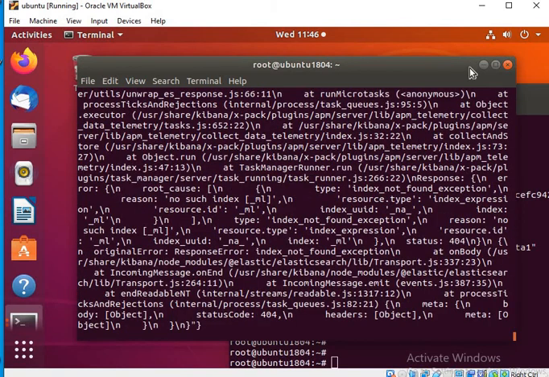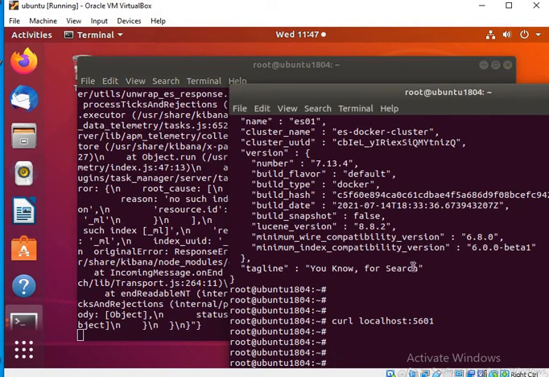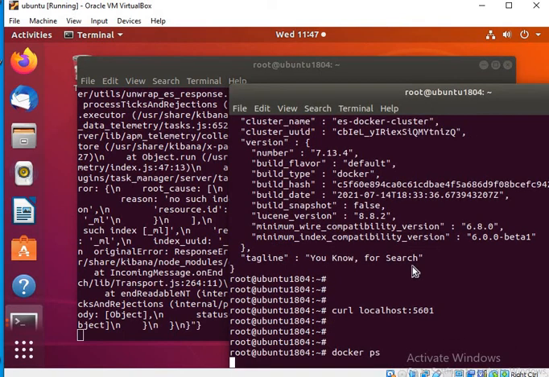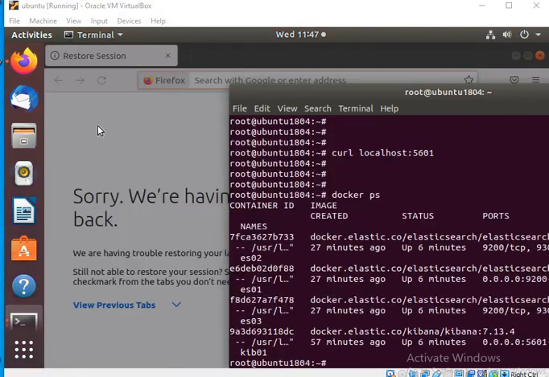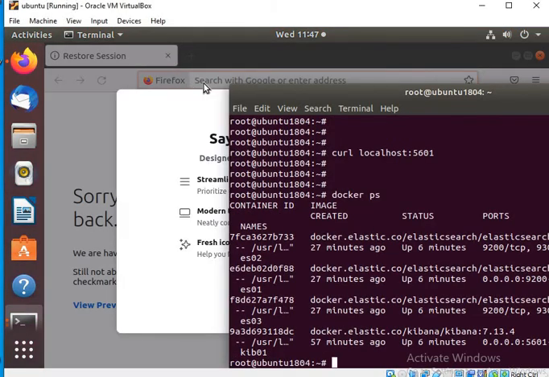So it looks like the issues are resolved now because the main issue was with the Elasticsearch. So if the Elasticsearch is not up, then your Kibana will never come up. So the prerequisite for Kibana is Elasticsearch to come up. So I will run Docker PS again in order to see the status of Kibana. So I can see all the four containers are still up.